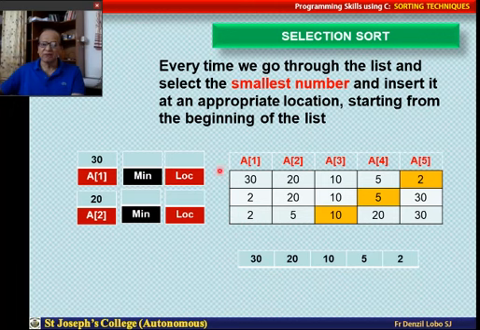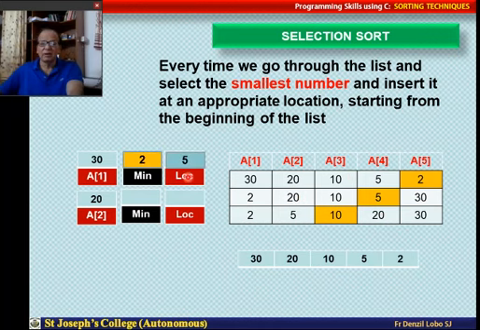So what I do is, in the first run, I start from the first number to the last number, and I select the smallest number and make it the first number. Similarly, then I start with, because the smallest number has gone to location number 1, I start from the second location till the end of the list and select the second smallest number, that is in this case 5. Then I put it at the second location, as you see here.